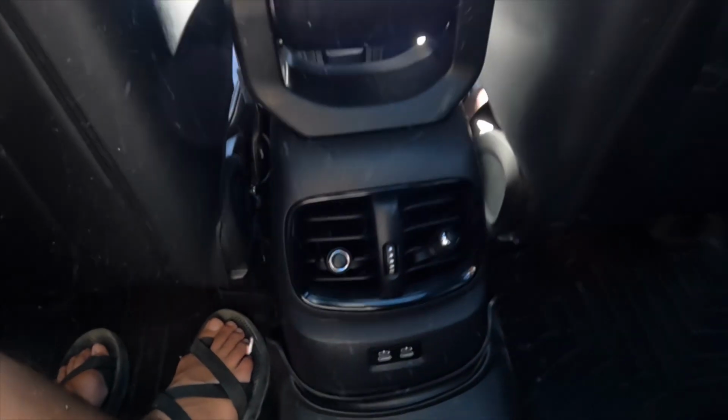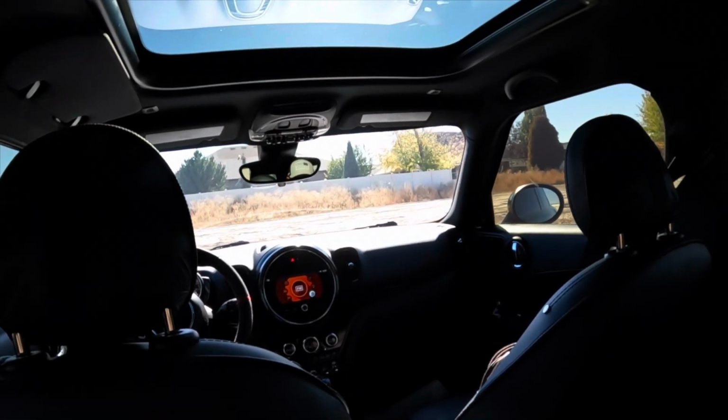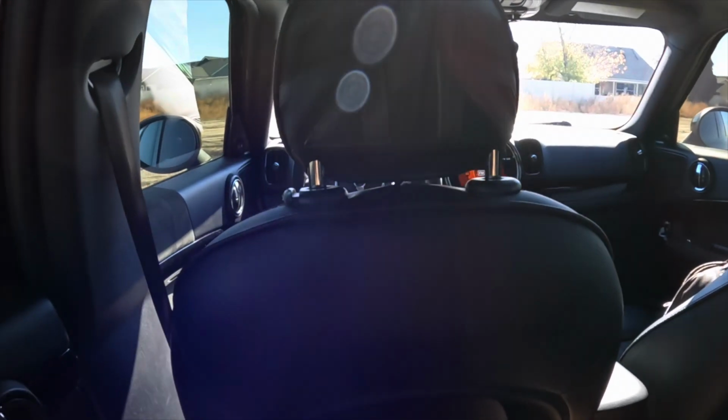Ventilation, some plugins. I do wish there was heated seats, but there aren't. There's also not a center armrest, unless you pull it down like you're gonna store a longer item through it. But that's not really what that's meant for. Otherwise, it's a pretty nice place to be back here. You have some natural light coming through the roof, and I think it's time to hop out and show you